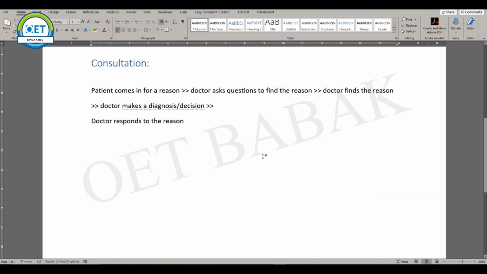Right. And why should we make it so simple? Because we want to structure our consultation based on this. We say our consultation has 3 phases. The first phase is to find the reason. Second one is make a decision. And the third one is to respond to the reason. And that reason,